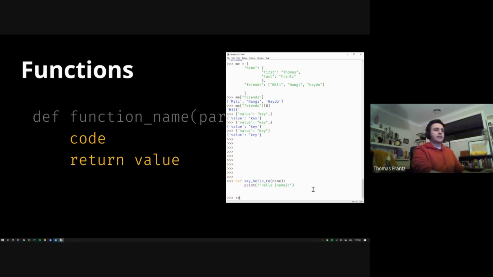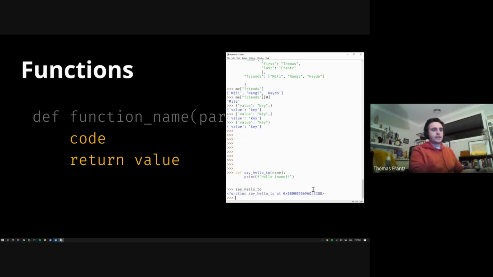So if we have a look at the variable say_hello_to, which is the name of this function, we can see it's a function that's named as this and it's living in memory at this location. To call functions, we've seen it a couple times already. When we've done print and input, which we've done a few times throughout all of this, you can call any of your own functions the same way. So you say hello to,